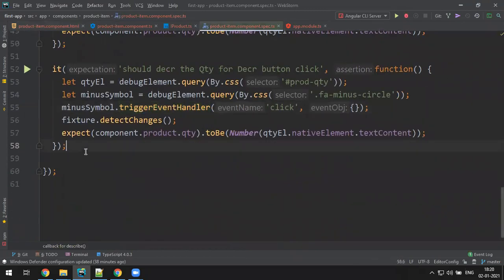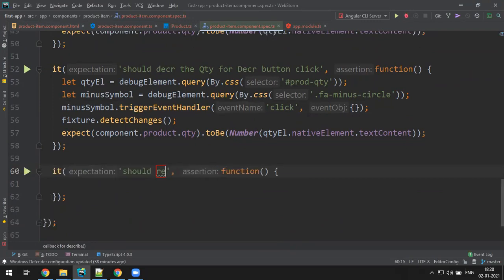So I write here something new. It should render the total. So let's say total element.